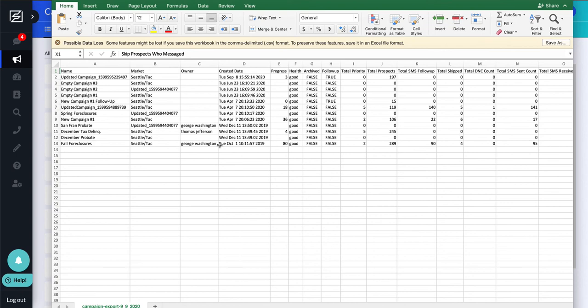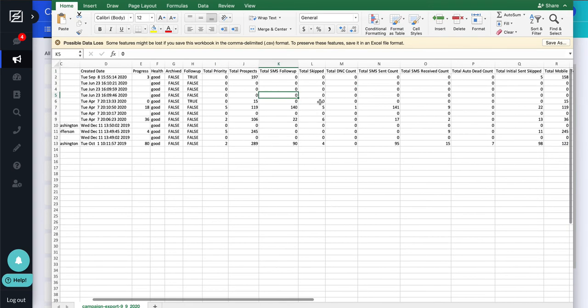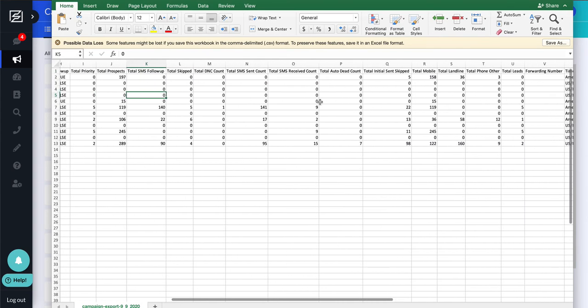Some of you have hundreds of campaigns, hundreds of even active campaigns, because you just have so many different users in there. And so you can download this, you can filter based off of, you know, the priority or the leads or whatever you need to do. Use this as one of your tools for